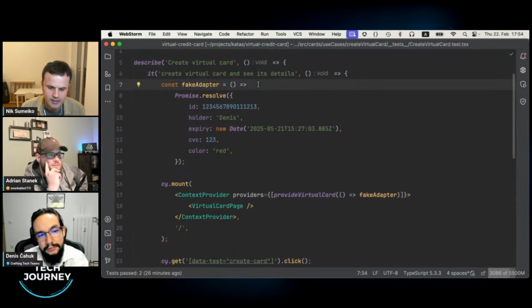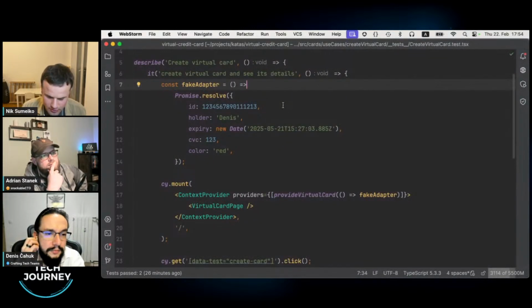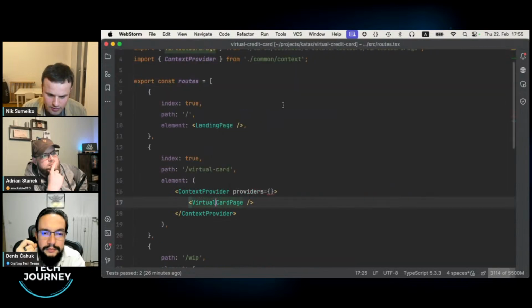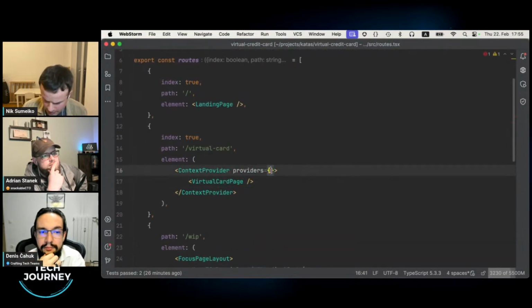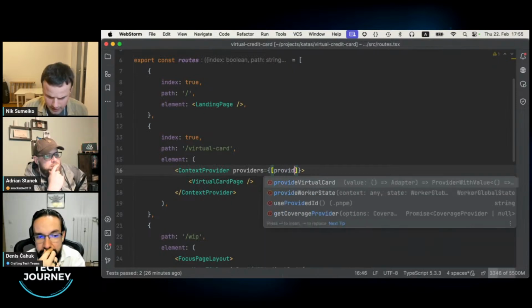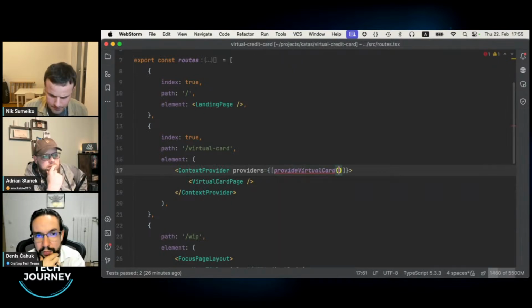Now let's do the same thing, but we plug a real implementation into the production code. So we go into our routes here, and here we do similar stuff, but instead of a fake, there was provide virtual card.